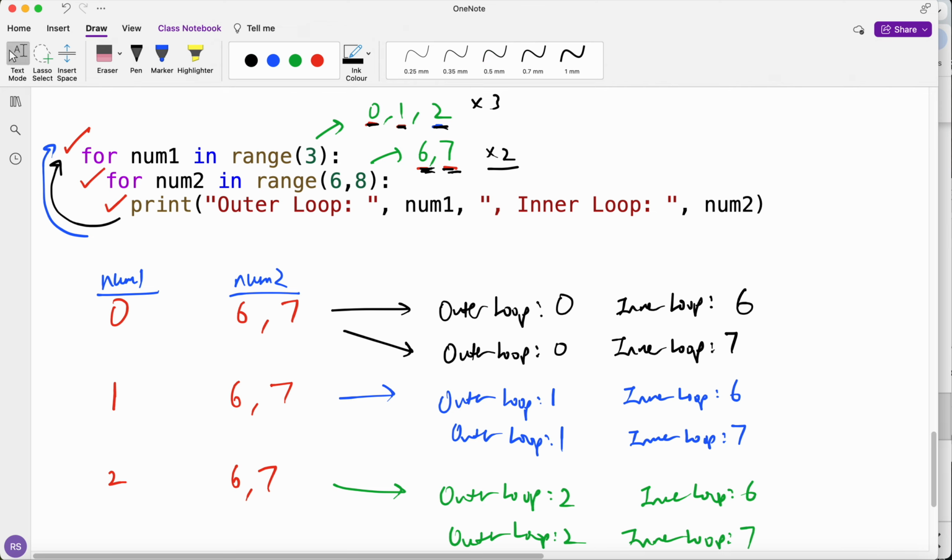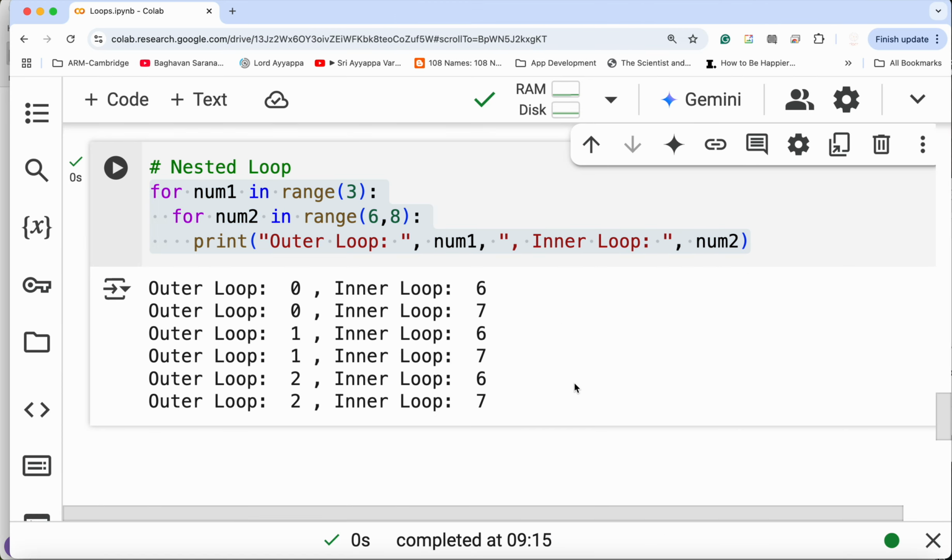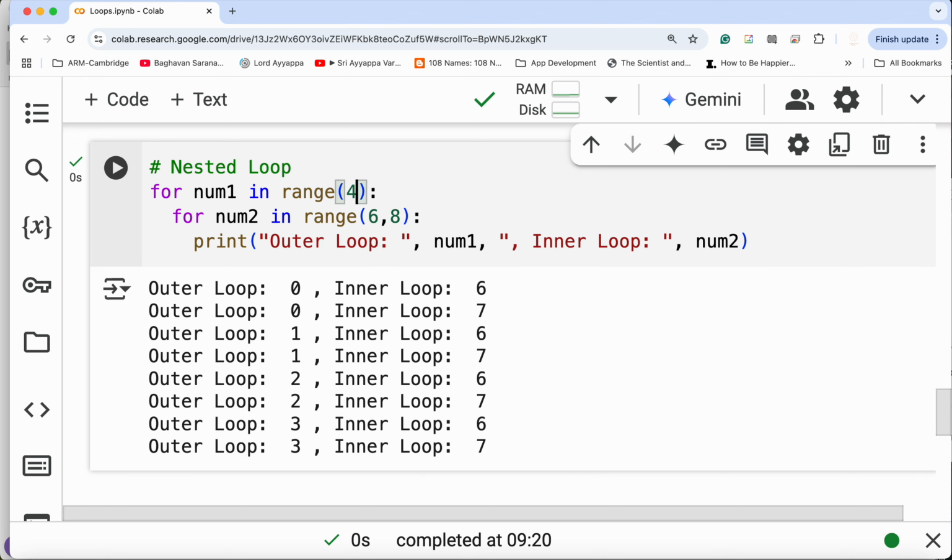Okay, so yes, the first time you look at it may be a bit confusing, but once you try out the code and you see it for yourself, you'll be able to understand what is happening. Alright, so let's just change some numbers to understand. If I change this to, let's say, 4, the same thing, outer loop goes from 0, 1, 2 and 3, but each time I go the outer loop, I must complete the inner loop. Now the inner loop range is 6 to 8, which means I start off with number 6 and 7